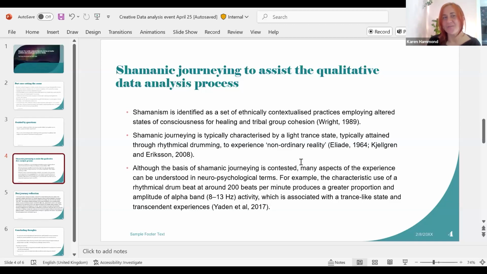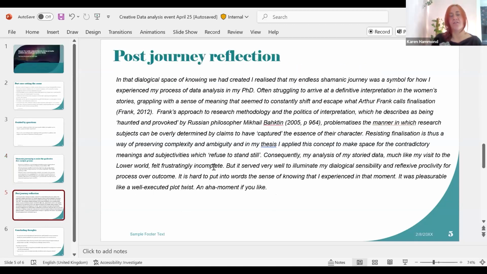I don't have much time here, so I'm not going to go into great detail about my experience of that actual shamanic journey. I will say it was really enlightening, and I do capture this within the chapter. So if you're interested in that, I would encourage you all to get the book and read it. What I have decided to include for you is my post-journey reflection. This was a process engaged in dialogically between myself and Nick. After the journey, I wrote some notes, and then we both sat together and engaged in a dialogical process of trying to make sense of what I had experienced.